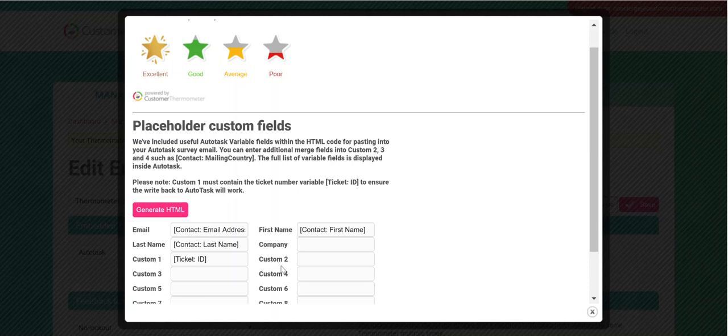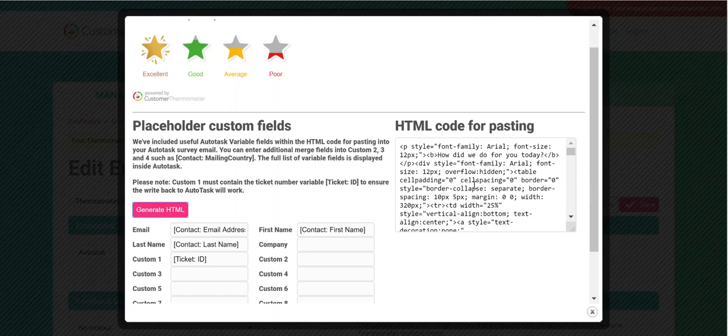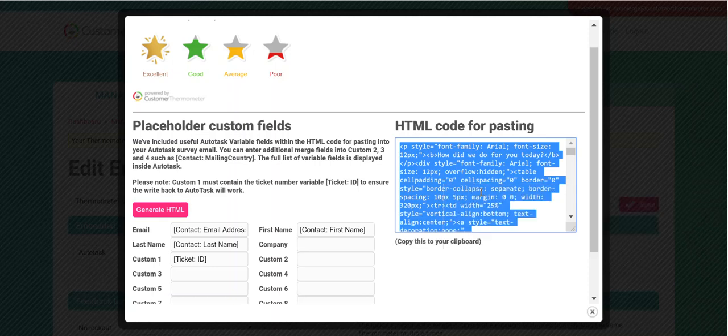for the person who's leaving it, the ticket number. If you have a variable or placeholder for the sender or the person that's closing the ticket, so maybe rep or agent name, you can also pop those in here. So you pop those in custom 2, for example. If you have the company placeholder variable, you pop it in company. Once you've popped in all the variables in your custom fields that you would like to collect, you can hit generate HTML. And this we're going to copy, and this is the HTML we're going to jump into Autotask with